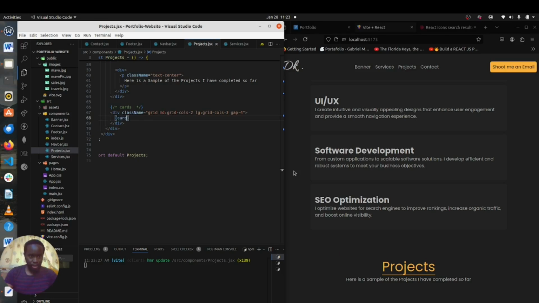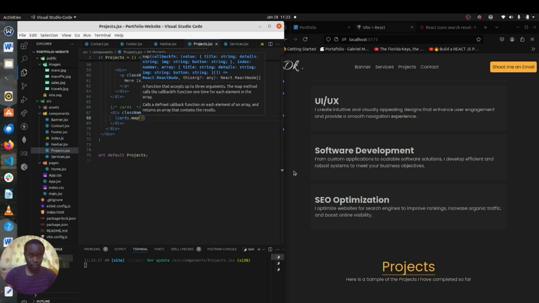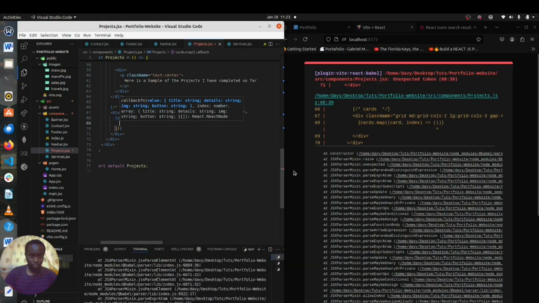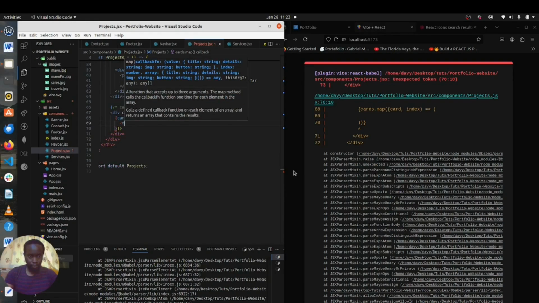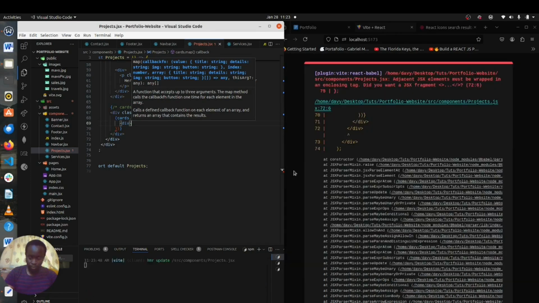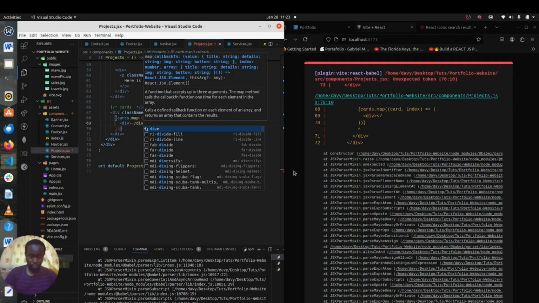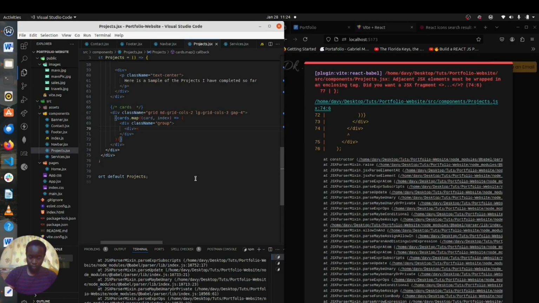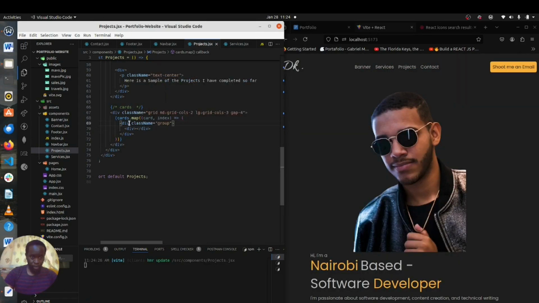Let's map through the cards. This is the grouping div. Which is taking the key index,